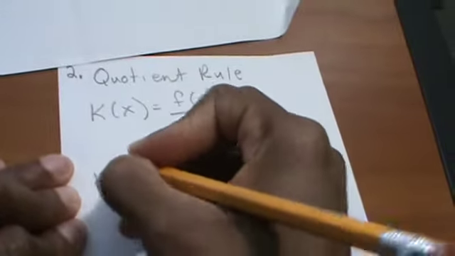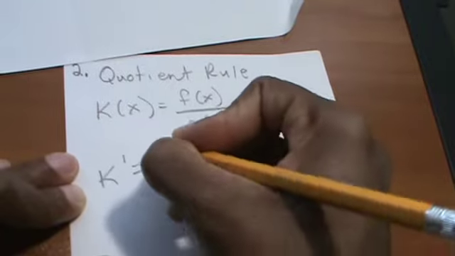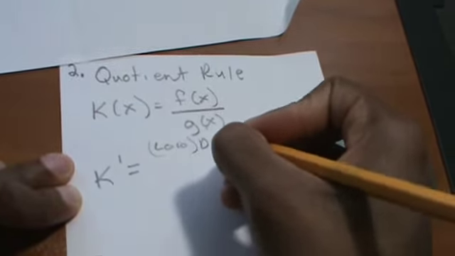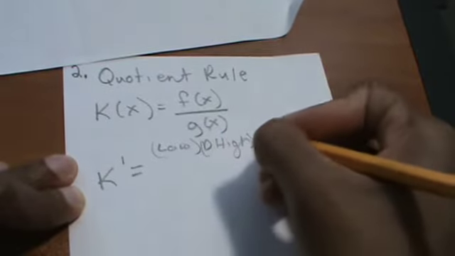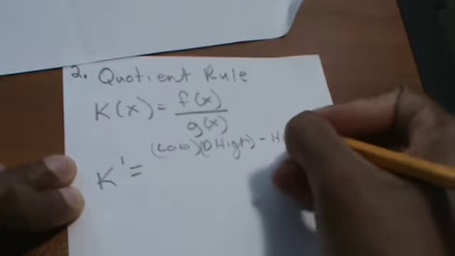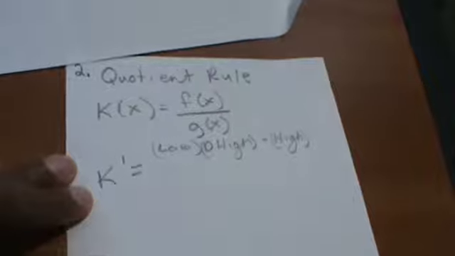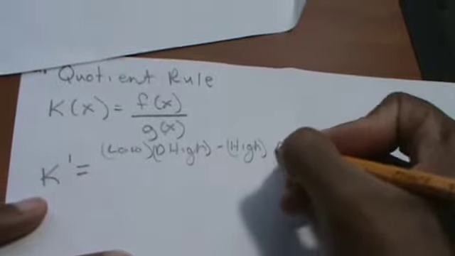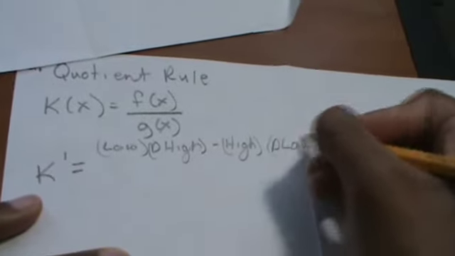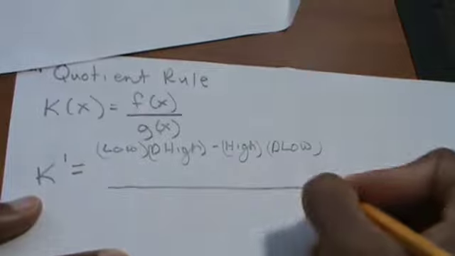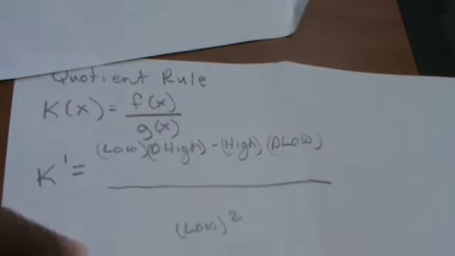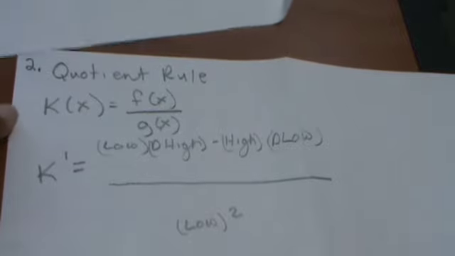So then k prime equals low d high, this is how I learned it, minus the high, let me open this up, d low, all over the low squared. Okay, so